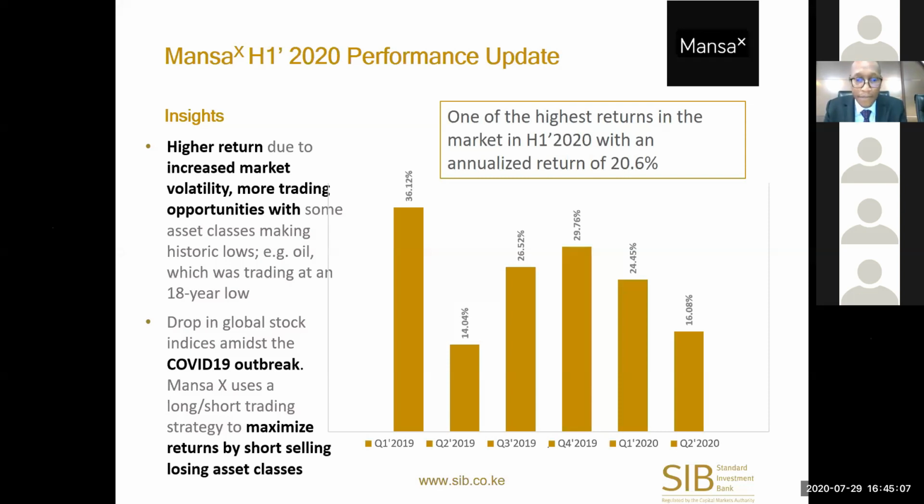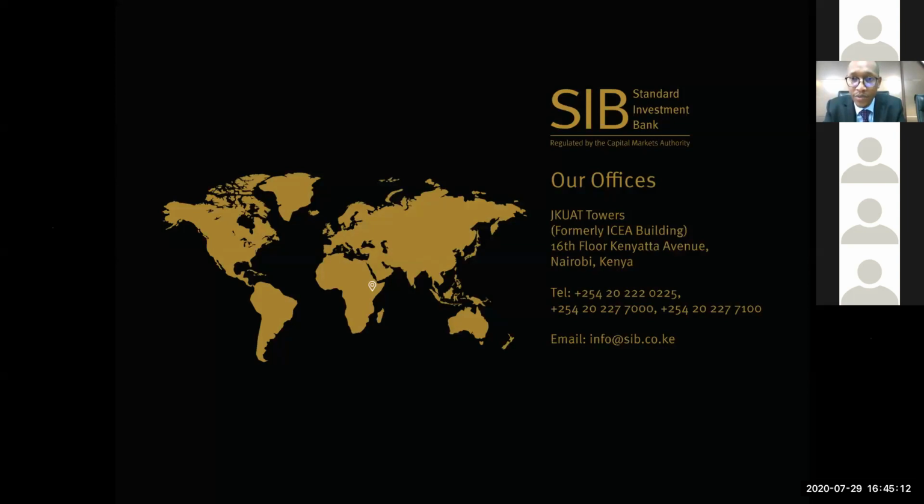So that is it from me. As I had mentioned earlier, that is where we are located, JQuat Towers, 16th floor, Kenyatta Avenue. And our numbers are also there on the screen. Please reach out to us to open an account, ask us any question. If you want to come and see a relationship manager, we have several relationship managers and financial advisors who can take you through this investment and answer any questions, especially what you feel I have explained today and you have some queries around that. We will always be available to help you with that. Thank you very much.